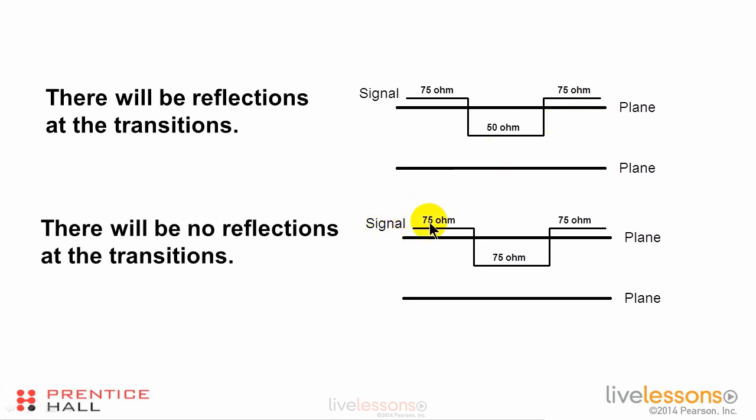What we have to do when we transition layers is if we have a 75 ohm trace on this layer and we go to another trace layer, we have to have the same 75 ohm trace on that layer. And then we come back up to the first layer, we have to have the same 75 ohm trace on